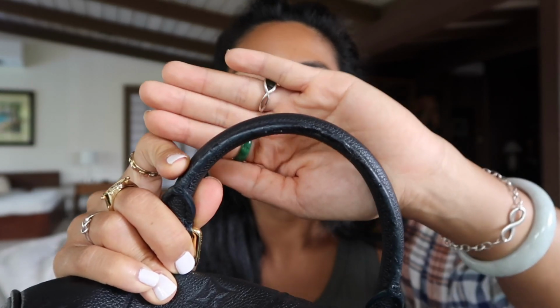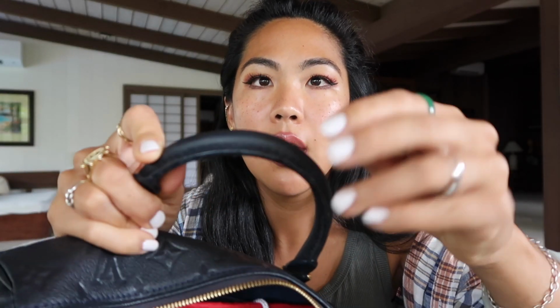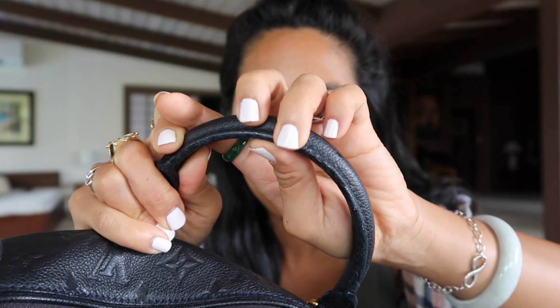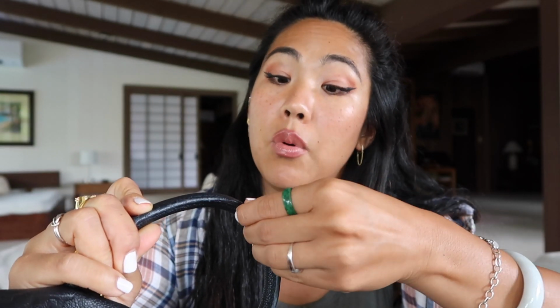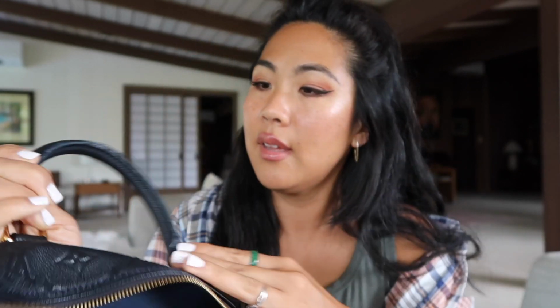And I sometimes had, I don't know why. But all the glazing, you can basically pull off the glazing off the bag. I don't want to pull it off, but it's pretty much like clay. Look, you see that glazing right there? And then on this side, oh my gosh,